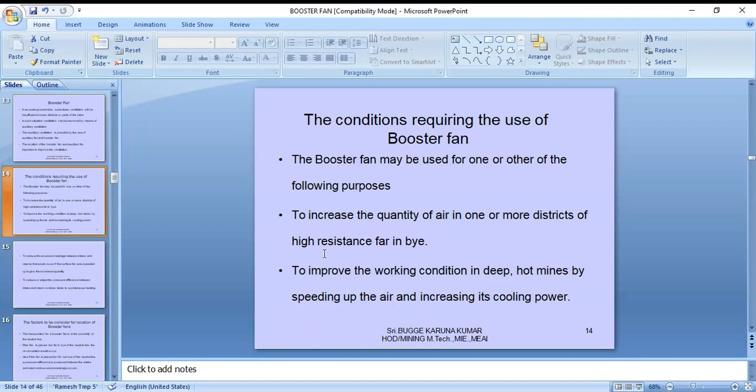The conditions required for the use of the booster fan: the booster fan may be used for one or other of the following purposes. To increase the quantity of air in one or more districts of high resistance, to improve working conditions in deep hot mines by speeding up the air and increasing its cooling power,